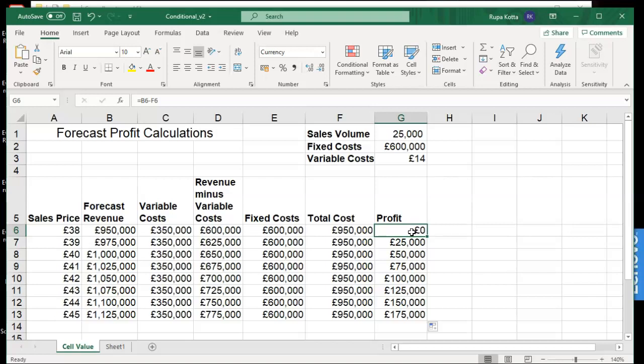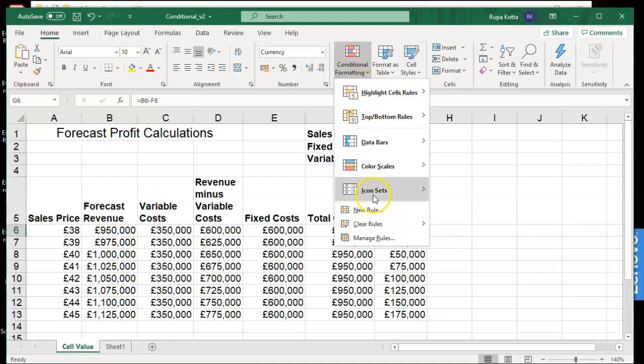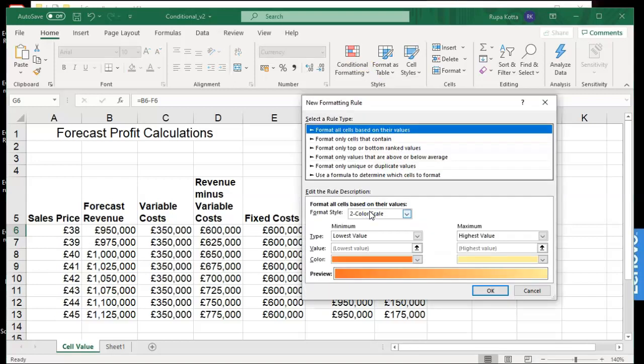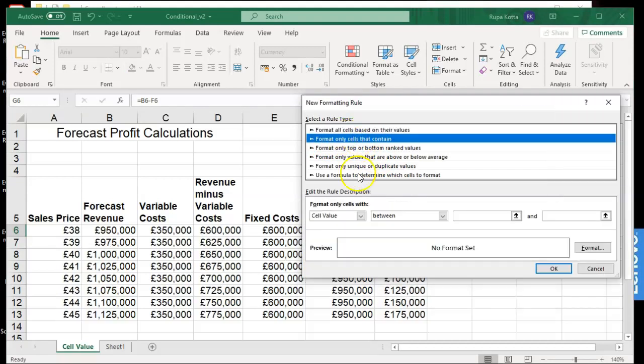Your three rules you need to apply. One rule is less than 0 should be red, equal to 0 should be yellow, and greater than 0 should be green. So go to conditional formatting and say new rule, because you are applying the rules for the first time. Use the second option, format only cells that contain. First you want to apply the less than 0.